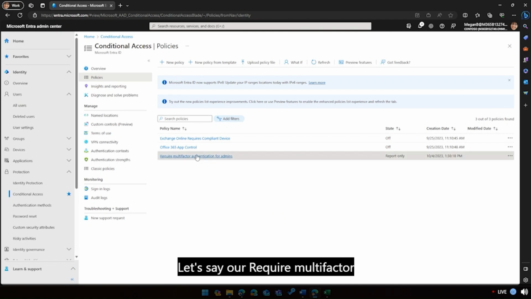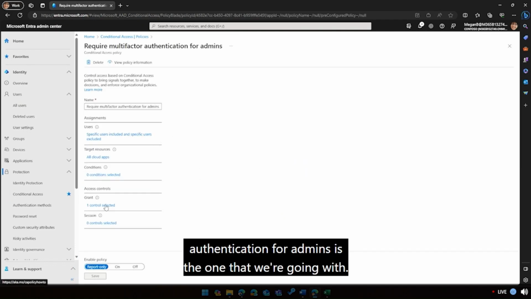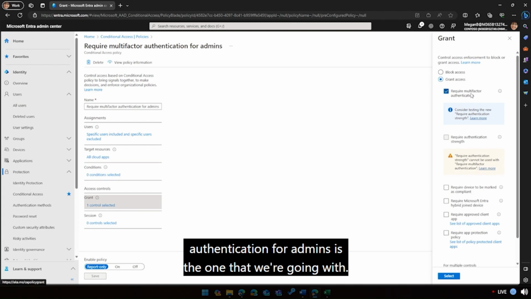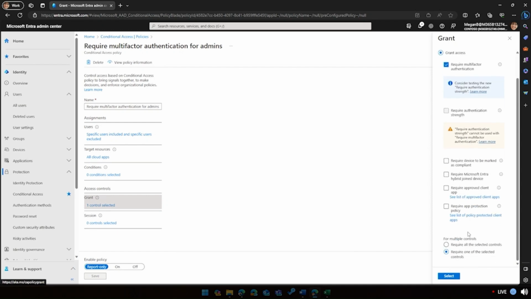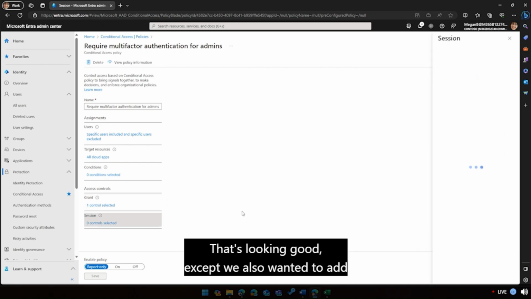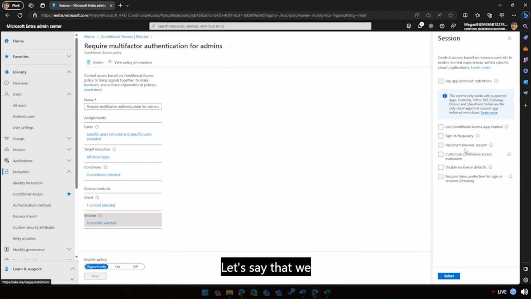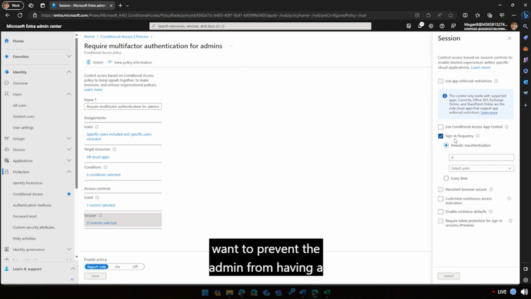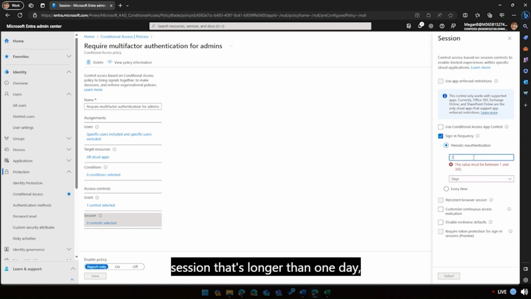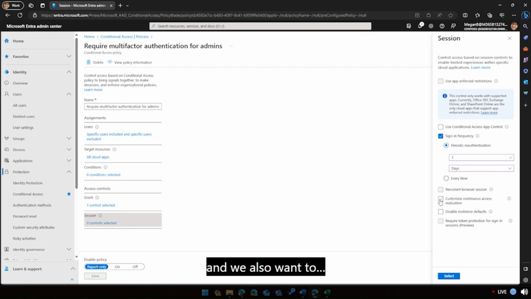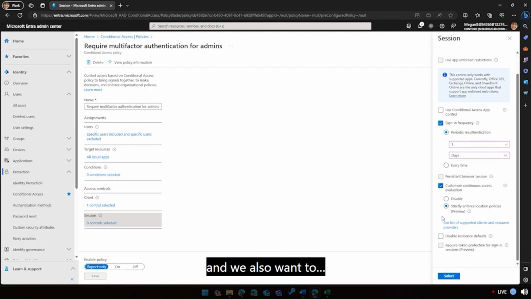So let's say our require multi-factor authentication for admins is the one that we're going with. We deployed that from the template. Now we're sitting at the require multi-factor authentication. That's looking good, except we also wanted to add an additional control, and that being session frequency. So let's say that we want to prevent the admin from having a session that's longer than 1 day, and we also want to